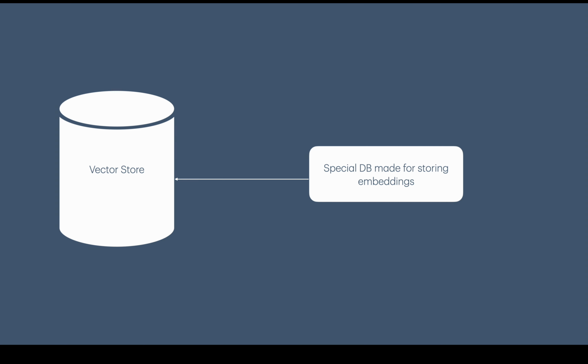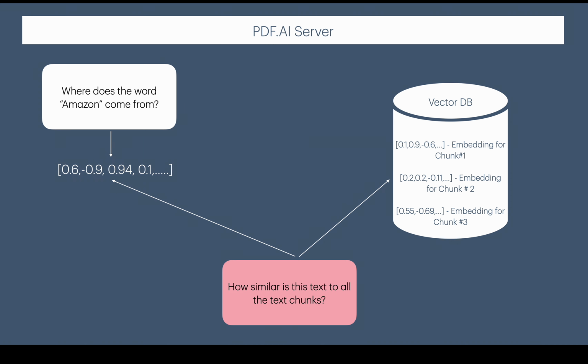Okay, so that's the pre-processing step that we have gone over. Now we fast forward to where a usual user actually submits a question. A question might be something like, where does the word Amazon come from? Well, remember, we need to somehow find the most relevant chunk of the text that's related to the user's question. So we are going to go through that same